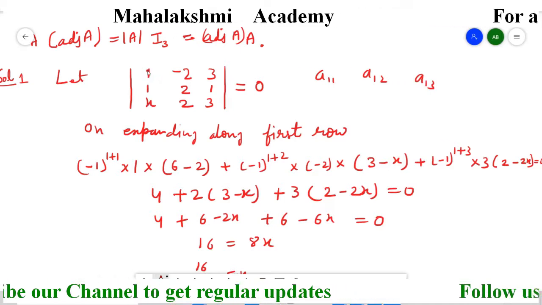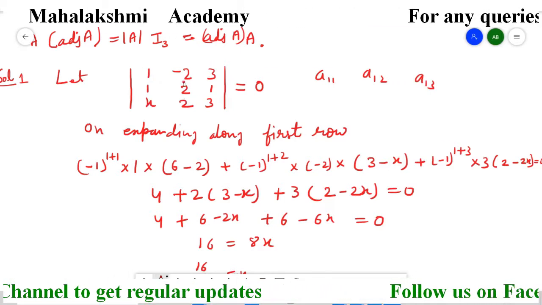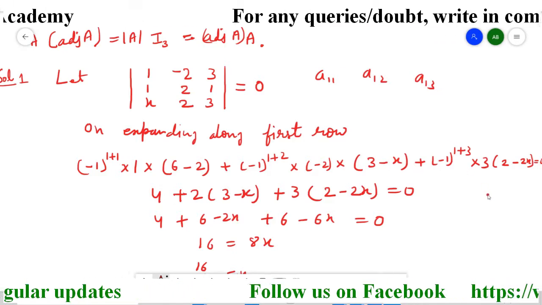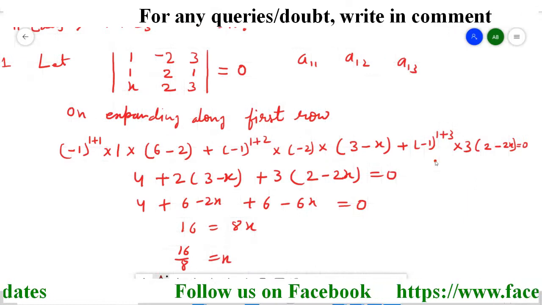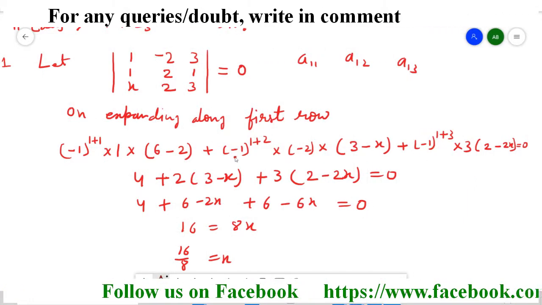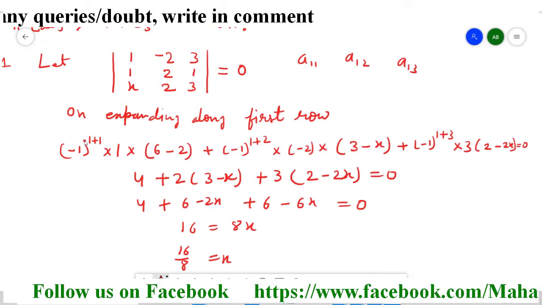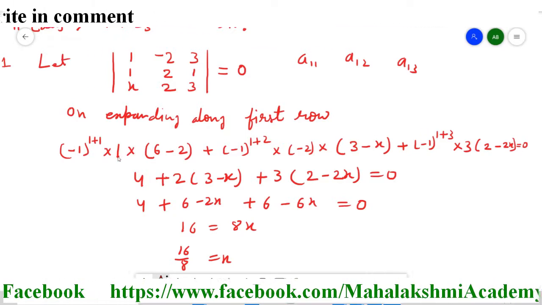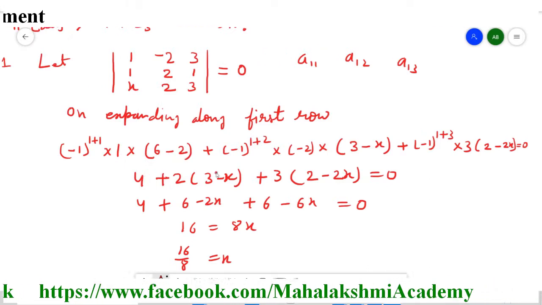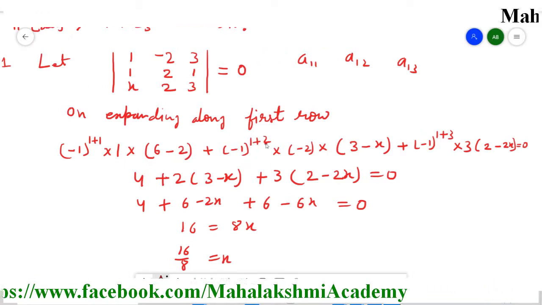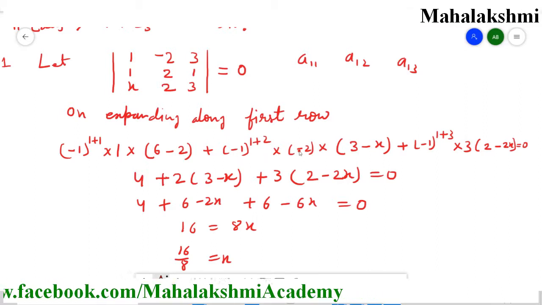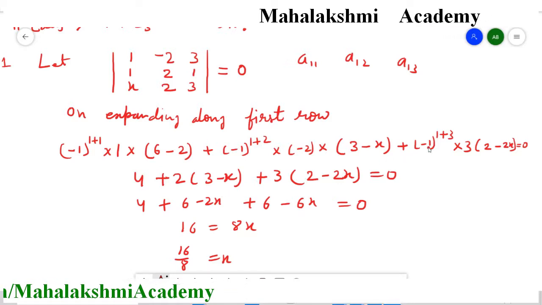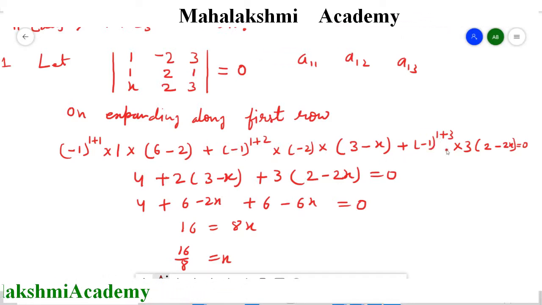For the minor of it, just cross it and you will get here 2 3s are 6 and 2 1s are 2. In the same way for all, just write down, and after writing this you just open the brackets. Here the power is even, so it's going to be plus, so 1 into 1 is 1 and 6 minus 2 is 4. Now here -1 to the power is odd, so it's going to be negative, and negative becomes positive, and with 2 we will multiply in the next step. Here also it's even, so it's going to be positive, so positive 3.